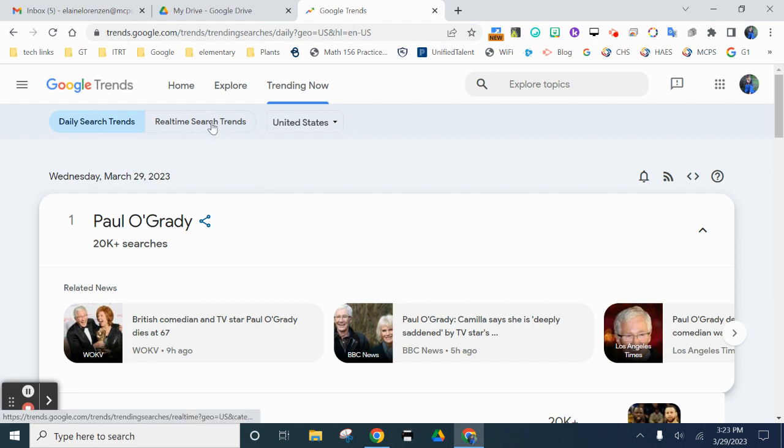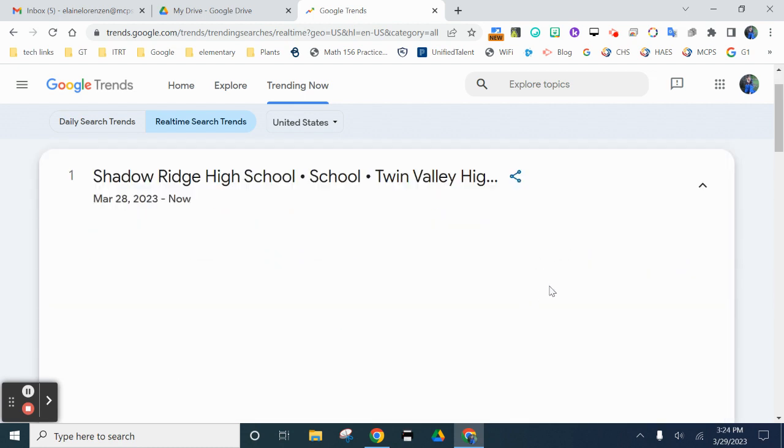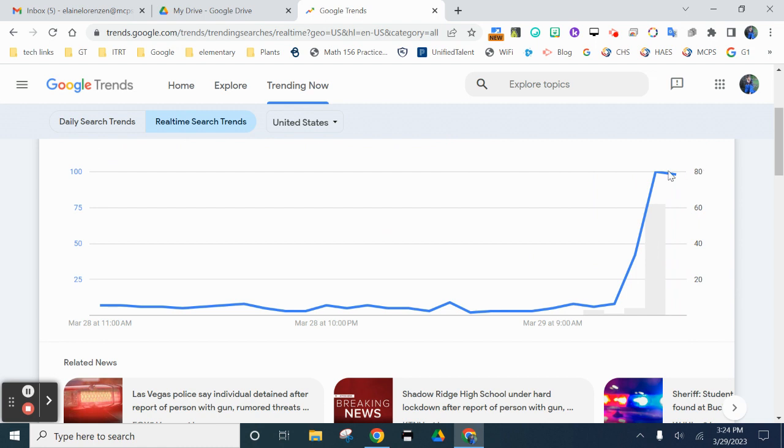If I click on Real Time Search Trends, then I see also within the past 24 hours, but I can follow it almost up to the present time. So the graphs here go almost up to right now. So if I look at this, that was at 3 p.m. It's now 3:24. And notice I can change where I'm searching. So I hope you'll take the time to really dig into some of these things